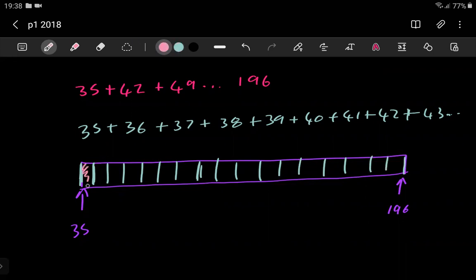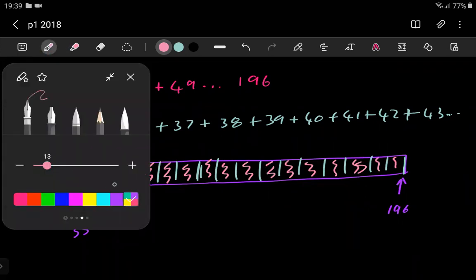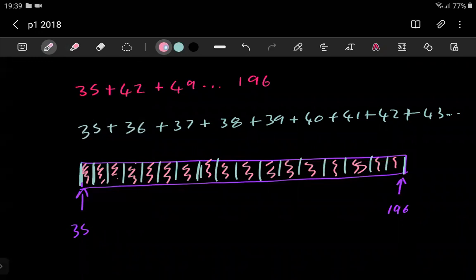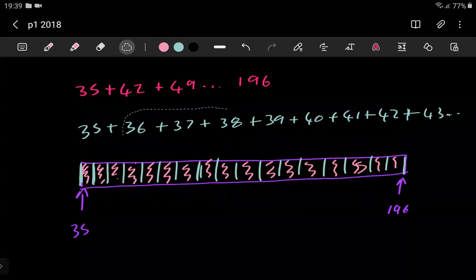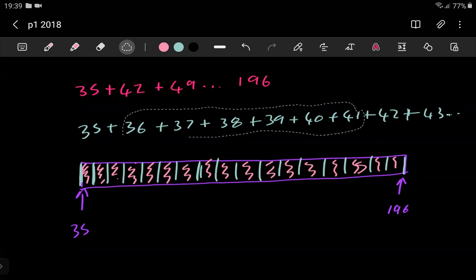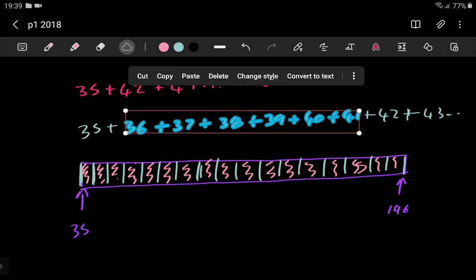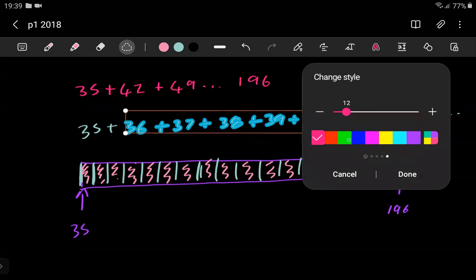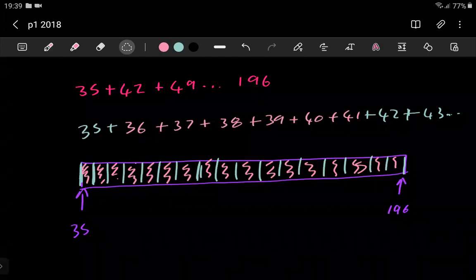The ones in the middle, those are the ones that are not divisible by 7, you see. The ones in the middle here are the ones that are not divisible by 7, if you're thinking of all consecutive numbers from 35 to 196. Because if you look at how I was writing it out here, 35 is divisible by 7, but then every one of these here, all the way until like 42, none of these are divisible by 7. And what we already can see is that this is going to be happening over and over again until